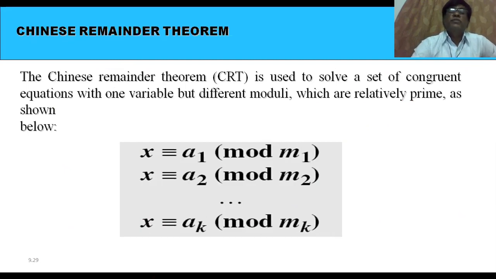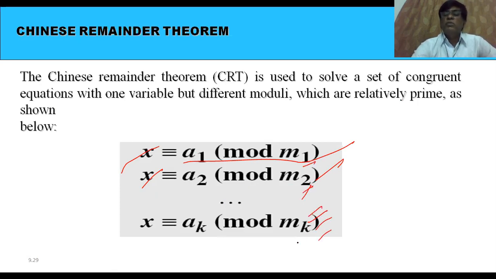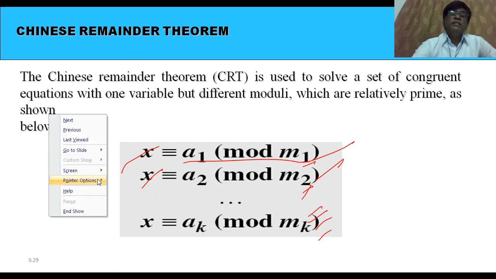For example, x is equal to a1 mod m1, x equal to a2 mod m2, m3 up to mk. So we have different residues and different modulo divisors. If we have equations like this,